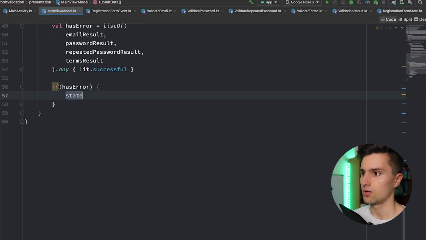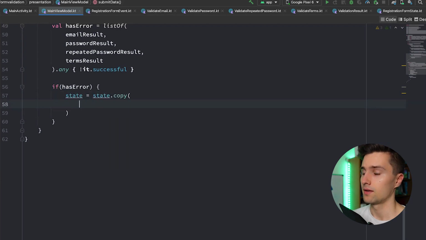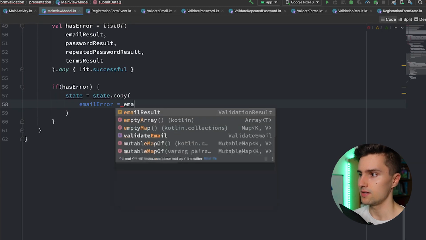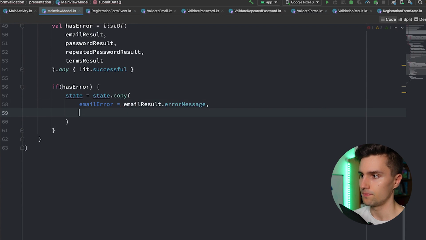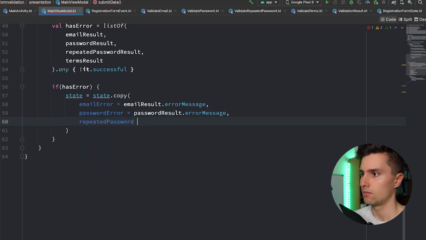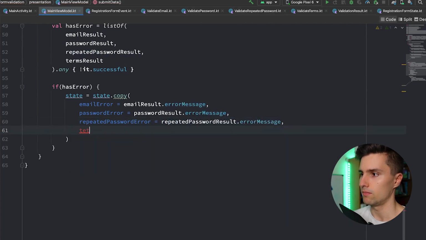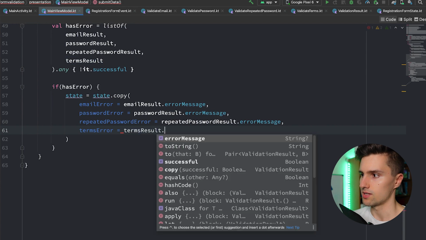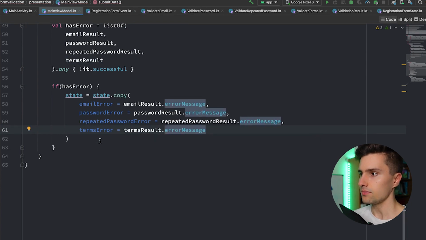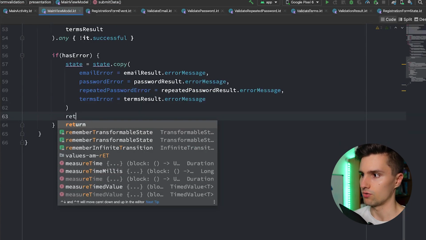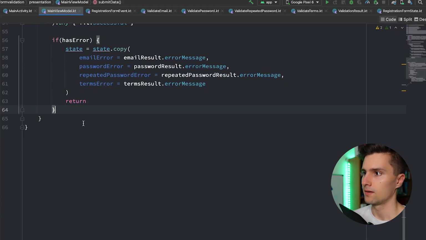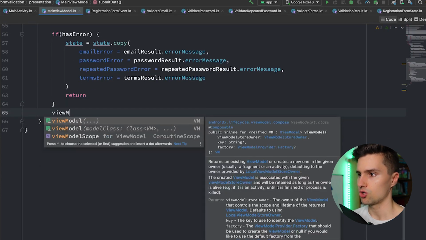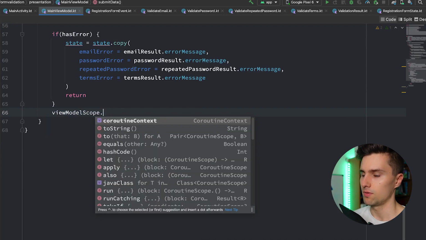we want to map our state again. This time we say email error is email result.error. Password error is password result error message. Repeated password result error message. And terms error is terms result.error message. And after that, we want to return. And here, if we don't have an error, we want to launch a coroutine actually in ViewModel scope, because now